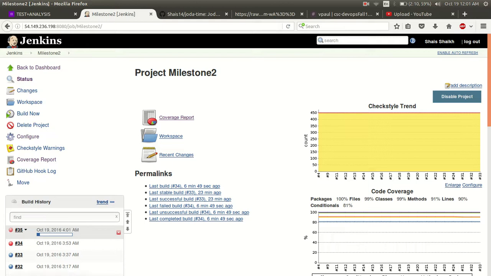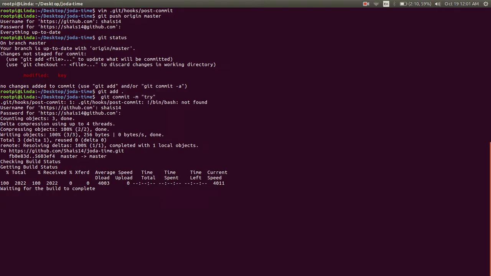That's build number 35. And we can see in the terminal that we're checking the build status as it's happening and waiting for the build to complete.